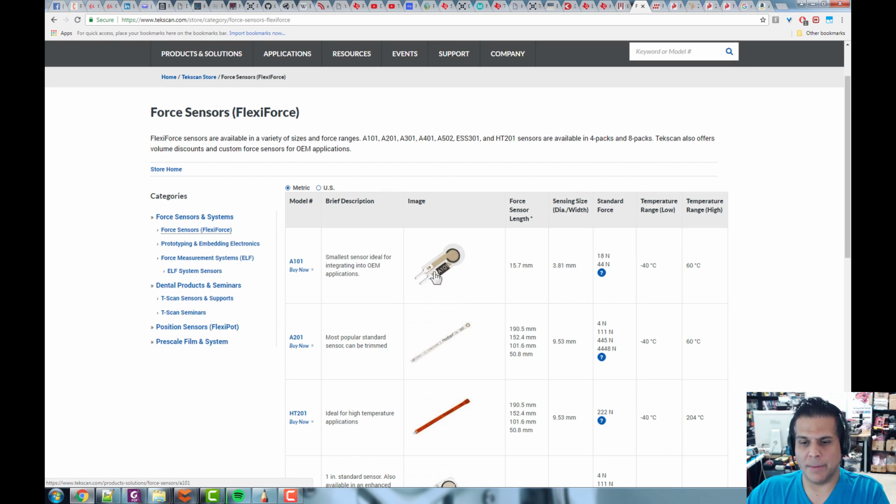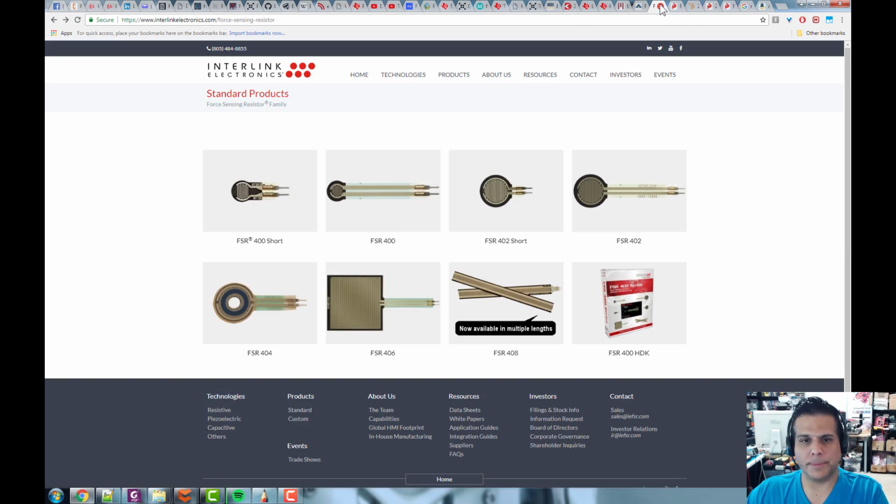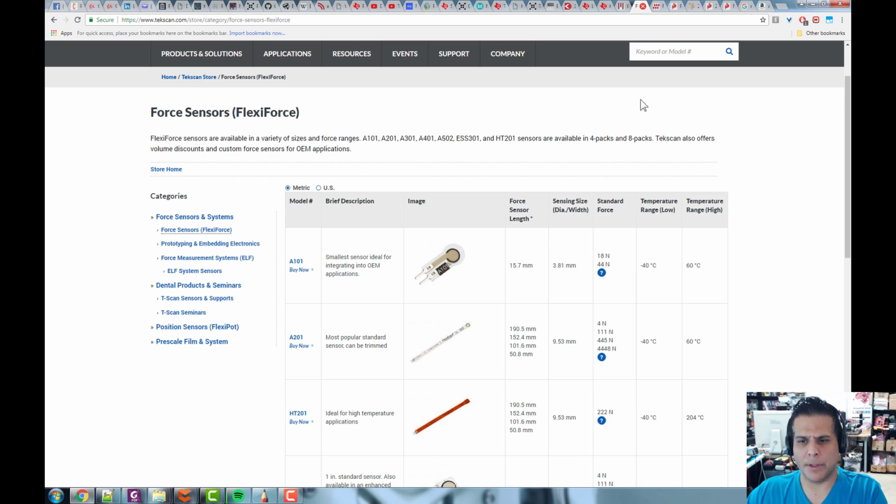And then they have these kind of mechanical little protrusions or contacts that you have to mechanically connect to. Usually you don't want to solder to these because you'll melt the plastic here. All right. So Techscan and then the other company, Interlink Electronics. The technologies are very similar, so we're just going to look at these. The Techscan parts are very expensive, actually. So unless you need something really small and Interlink doesn't have it, I would just avoid the Techscan at first